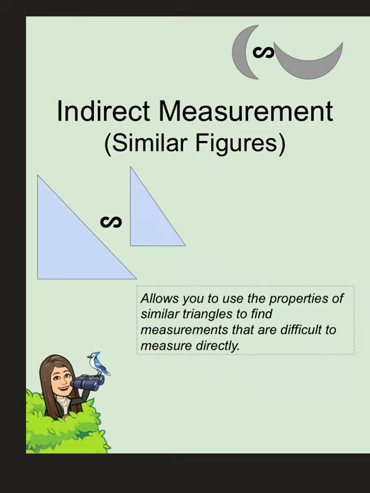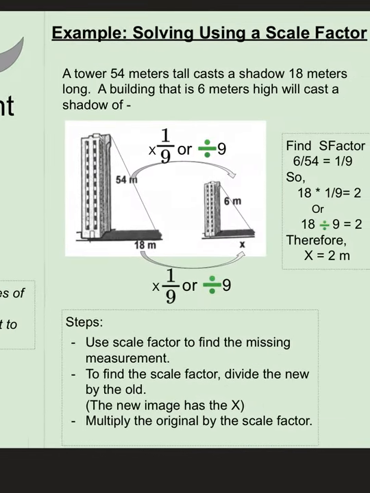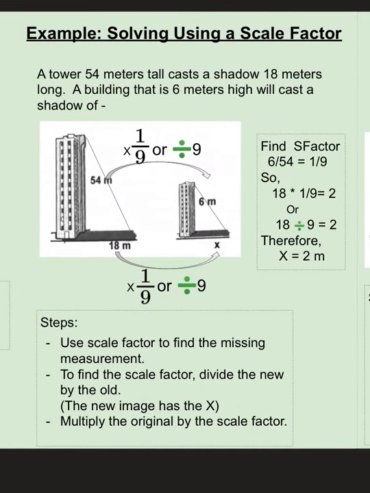Indirect measurement. It's like similar figures. You can see here I drew some similar figures. Well, indirect measurement allows you to use the properties of similar triangles to find measurements that are difficult to measure directly. So you'll see in these examples, like the first one here, there's two different ways you can find